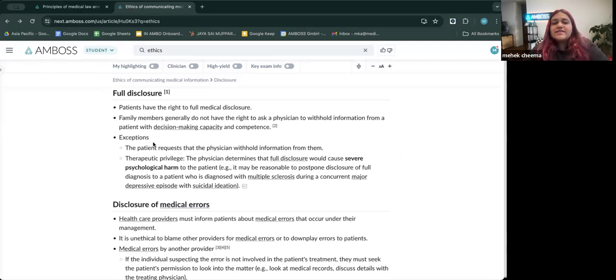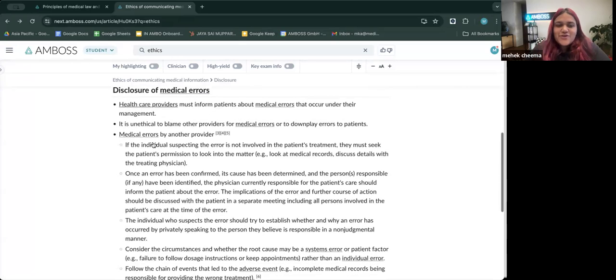This, of course, means that you have to tell them what you're going to be doing and why you are doing it. So for example, in a surgery, you have to tell them what their situation is, what the surgery looks like, what the most common post-operative complications are, and you have to answer their questions. You cannot leave them with this information and say, deal with it. You can understand the kind of psychological harm that can cause.